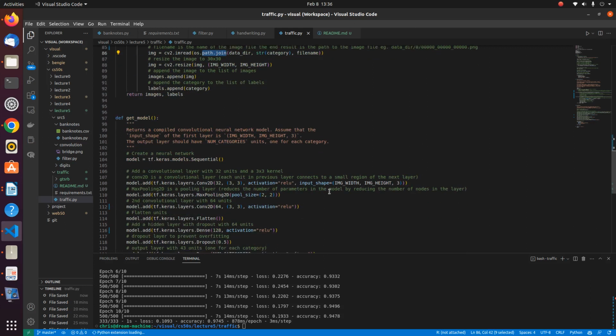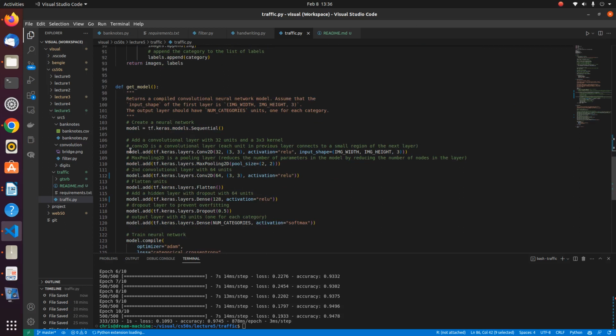Okay, get_model here is that, so we're using the image height, 3, and the layers here as our kernel in our convolutional layer, initializing it with that image height and width. And then I added a single max pooling layer at pool size 2, an additional convolution layer with 64 units,